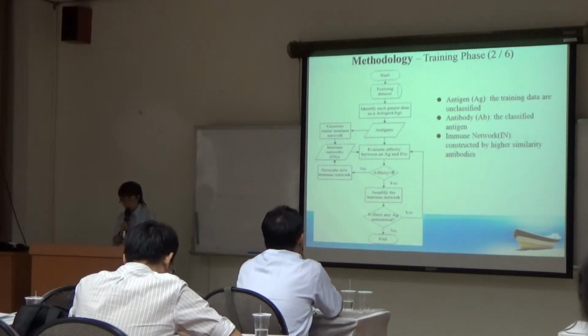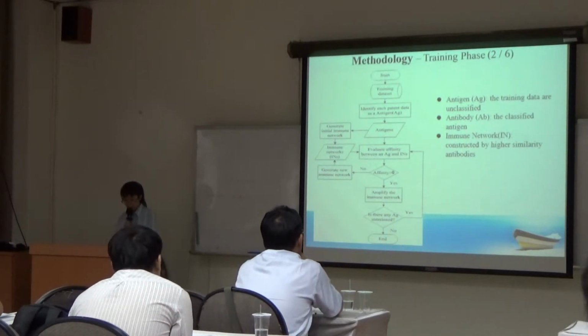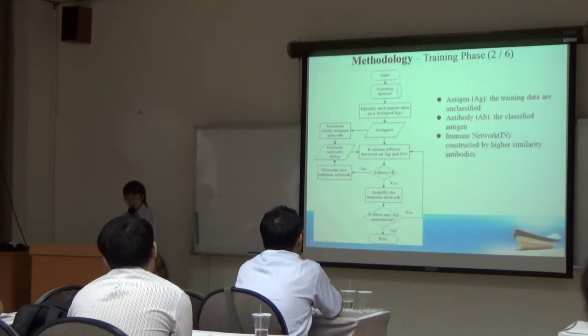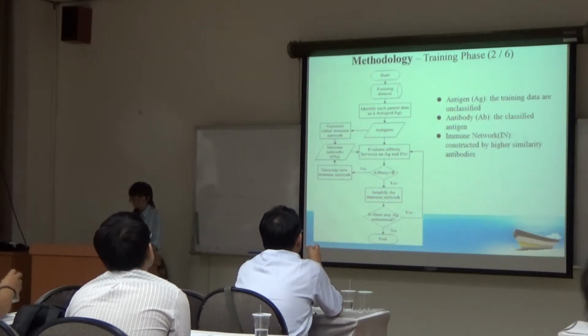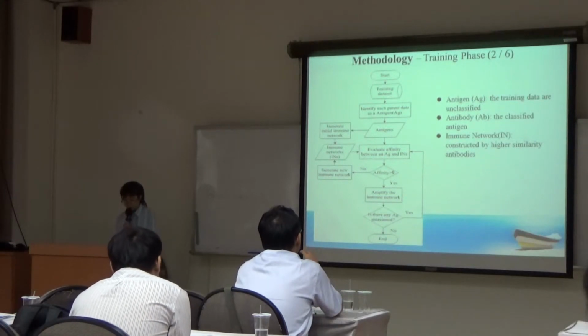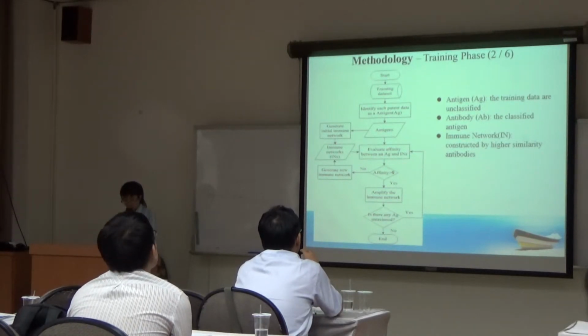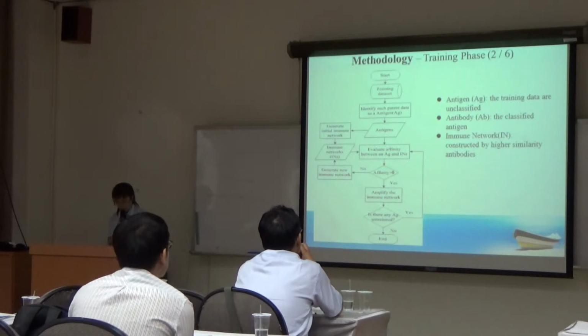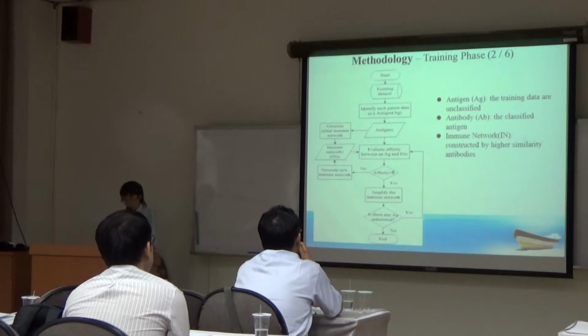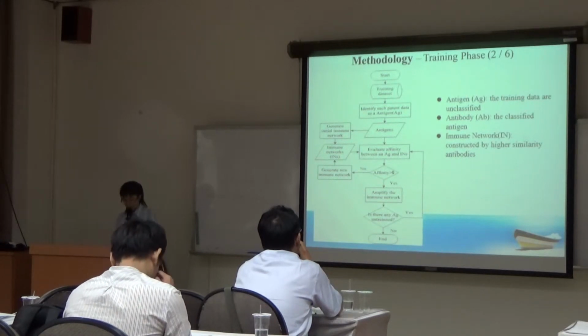In our research, each patent is considered as an integer, and a record of the patent data in the training set is treated as an integer. The antibody is the integer embedded in the immune system. We use the antibodies to generate immune networks. The left figure is the flow chart of how to generate and amplify the immune network.